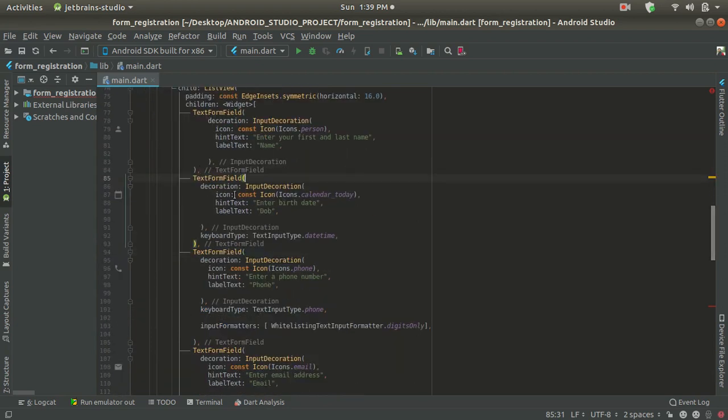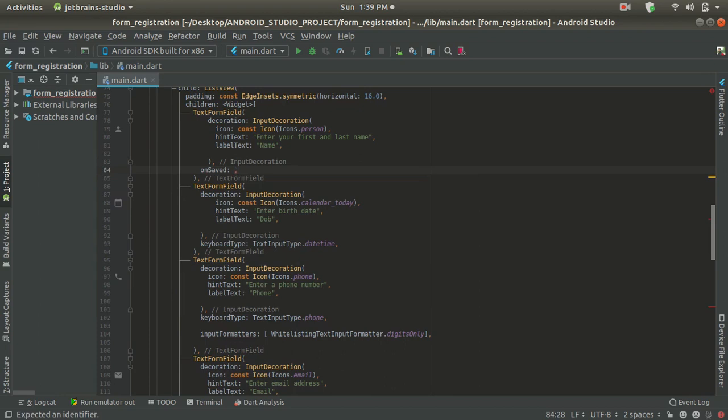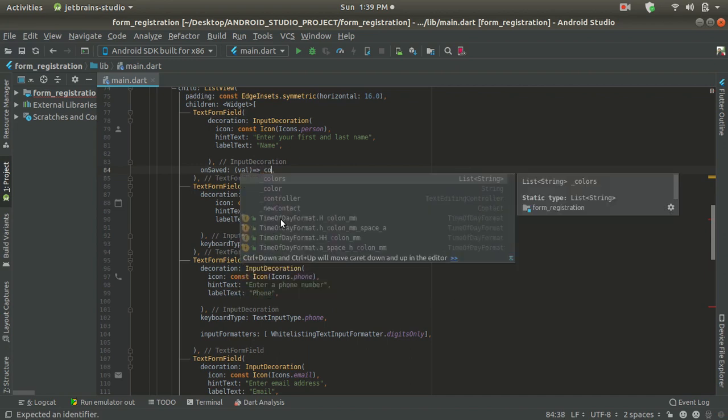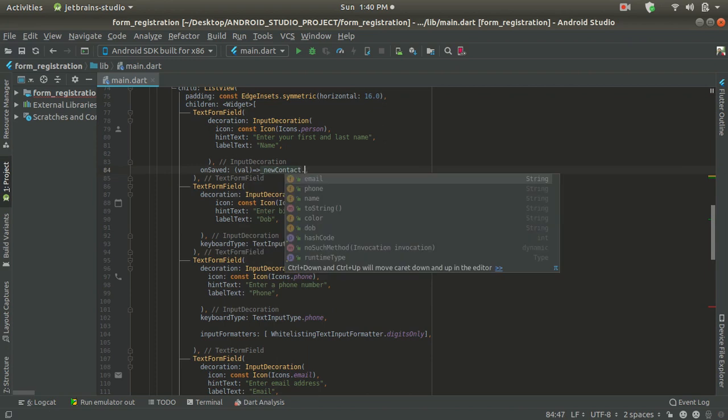So we have one important method inside this decoration. Here we have one onSaved method. Whenever we are going to save this form, this onSaved method of this TextFormField is called, and it takes one argument as a value. And now we are going to use that contact object, underscore new contact, and we are going to set dot,